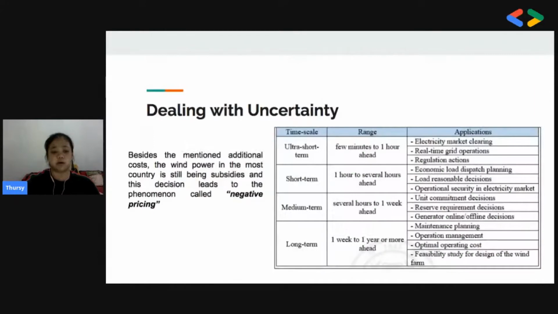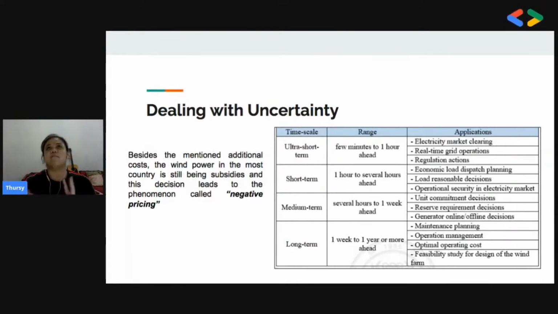You will no longer generate any power. So what I said earlier, we need to deal with uncertainty because of wind power. We don't know exactly how much wind speed there will be, and we don't know how much wind power will be generated. This difficulty leads us to something called negative pricing. Negative pricing is, instead of you getting paid because someone uses your product, you pay someone to use your product. It happens because sometimes you generate too much electricity, and then there are two options: store it in the battery or release it to the